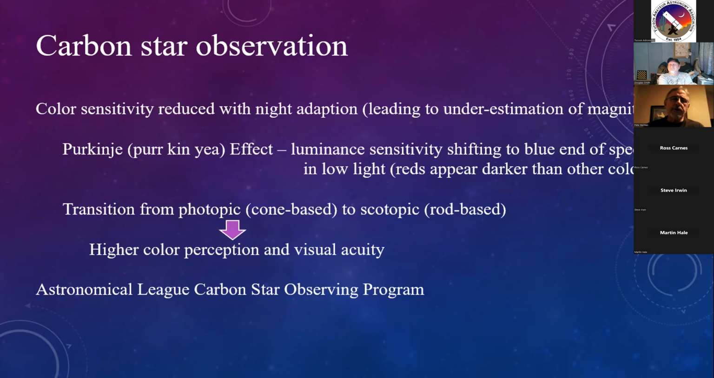Well, what this results in is a little bit of a detriment with respect to being able to perceive colors. For the most part, our color vision is diminished when we're night adapted. In some cases, that's a good thing. In other cases, it's not, because certainly if you're looking at colored stars, you might miss some of the more subtle aspects of some of the colored stars, carbon stars or even blue stars for that matter. And so certainly,